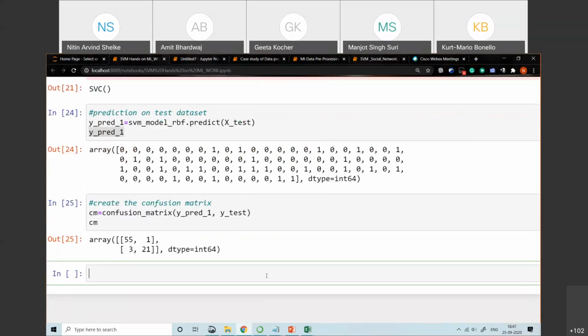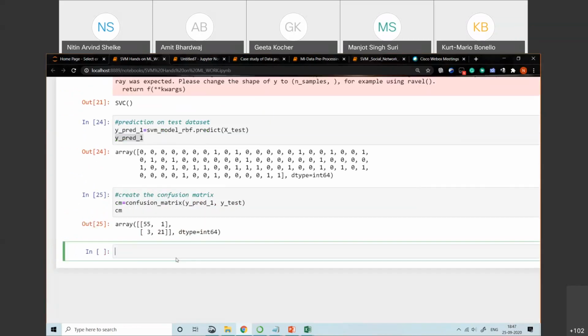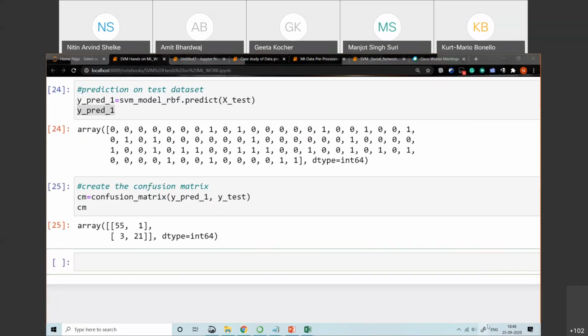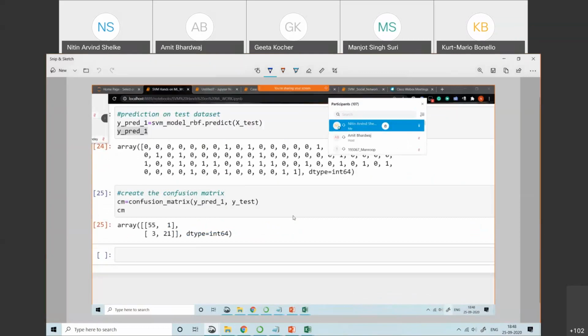Now observe here, as far as the confusion matrix is concerned, observe the accuracy calculated with the help of the calculator. Okay, 55 plus 21 divided by 55 plus 1 plus 3 plus, and text me in the chat box the percentage accuracy.